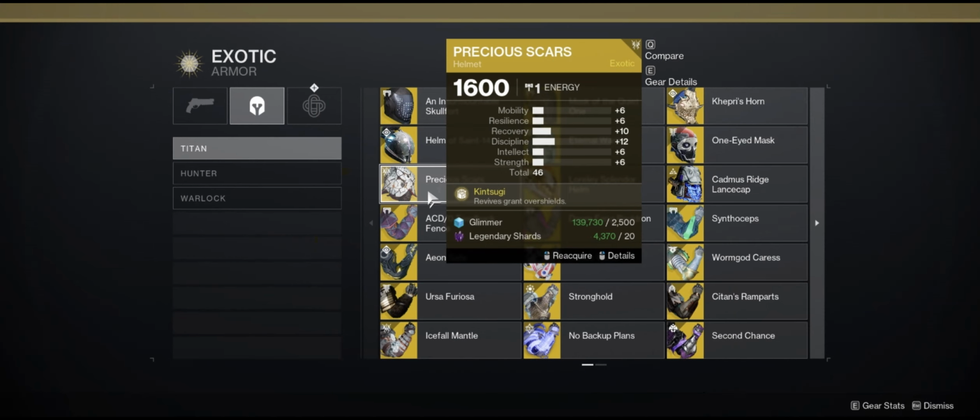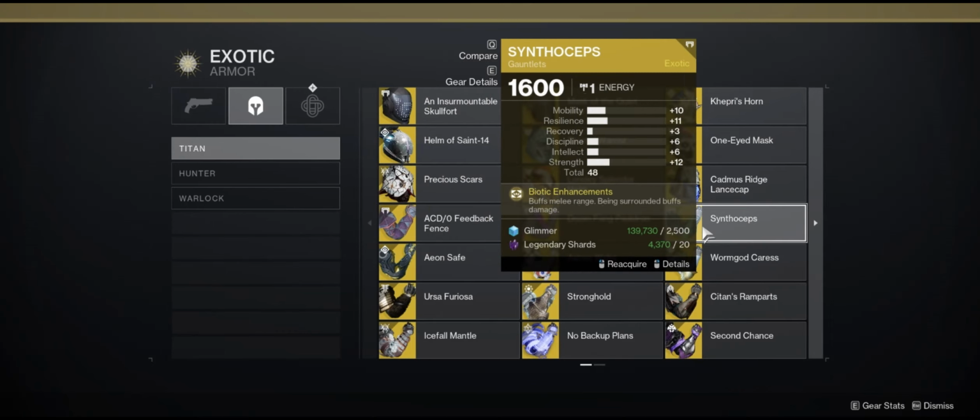Something else that functions pretty well with the Immortal, with Rufus, with Round Robin, with Navigator is Precious Scars. This is a good choice for 3s as it gives overshields, and that can stack with your Woven Mail. Synthoceps is a good neutral exotic. It does have some neat benefits when you grapple melee into a cluster of enemies, because the grapple melee does